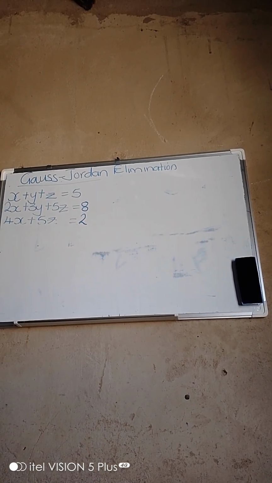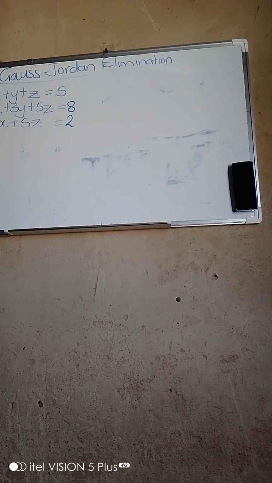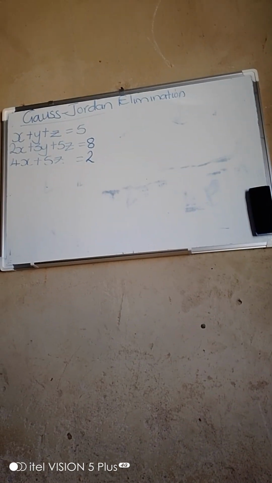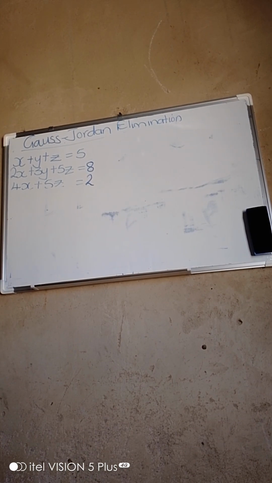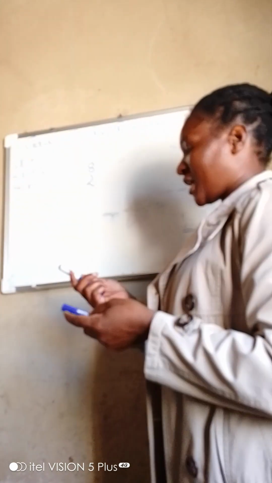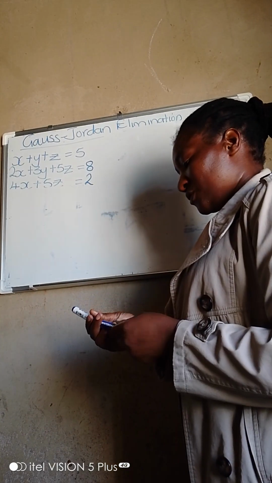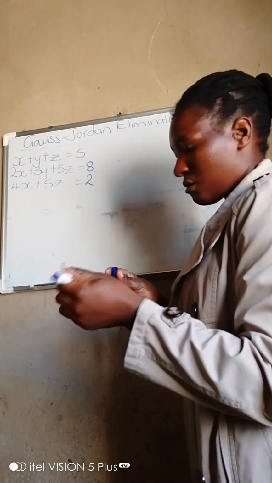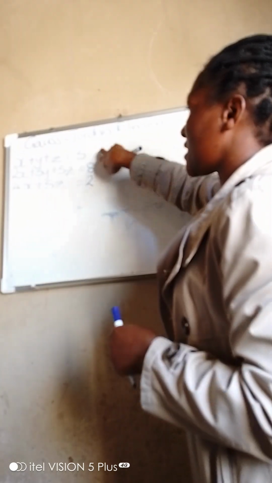Today we are going to solve that system of equations that I've put up there. To solve that using Gauss Jordan elimination, first we have to write this system of equations